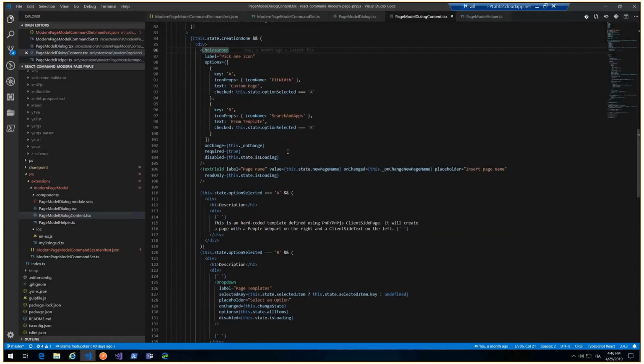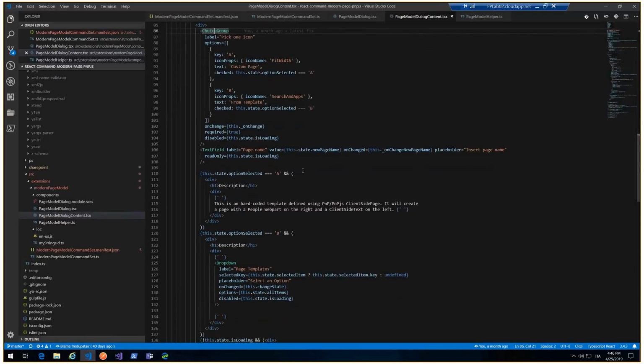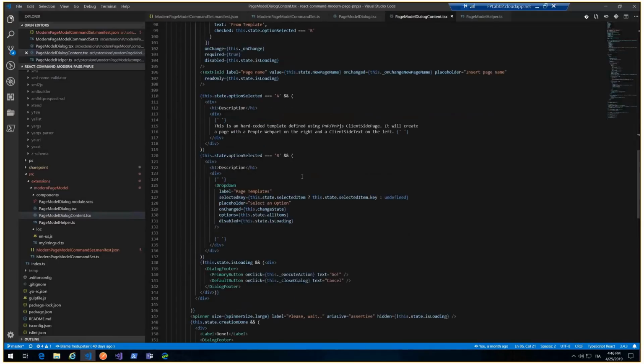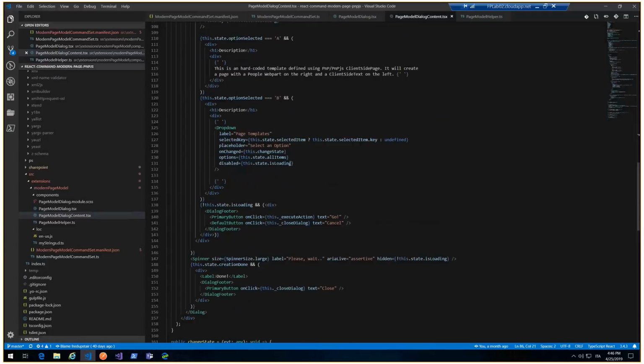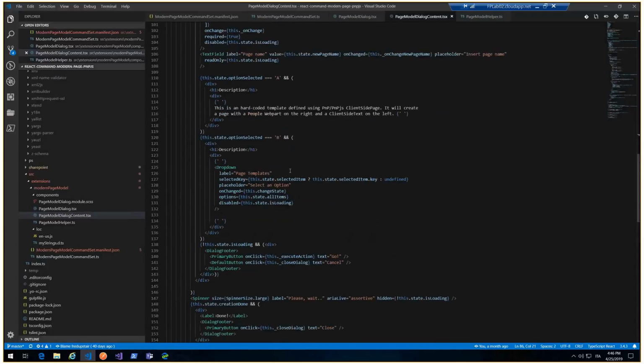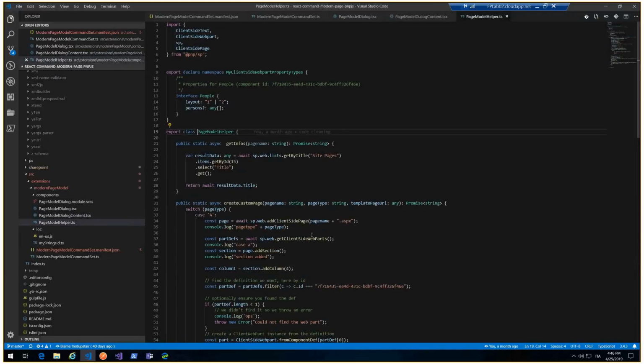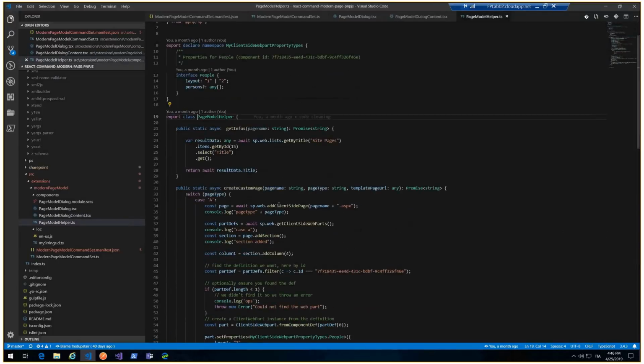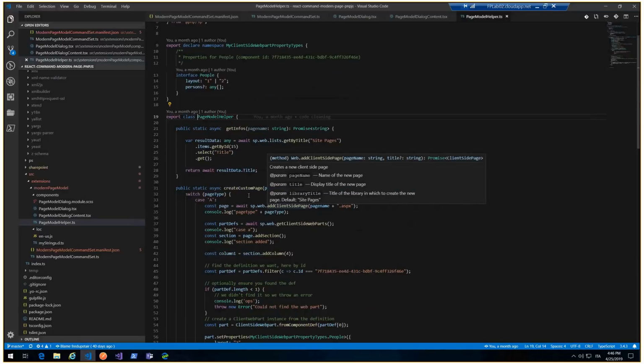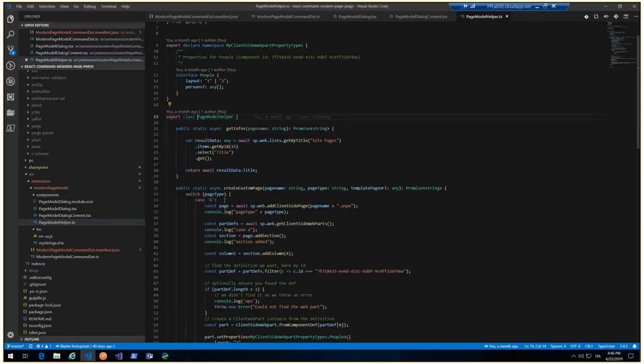So there are the choice group, etc. The most interesting thing, in my opinion, is the part with the execute action. So I create a page model helper with all my functions, and I create a createCustomPage method. And in this method, there is all the code with PnPjs. So if we choose case A,